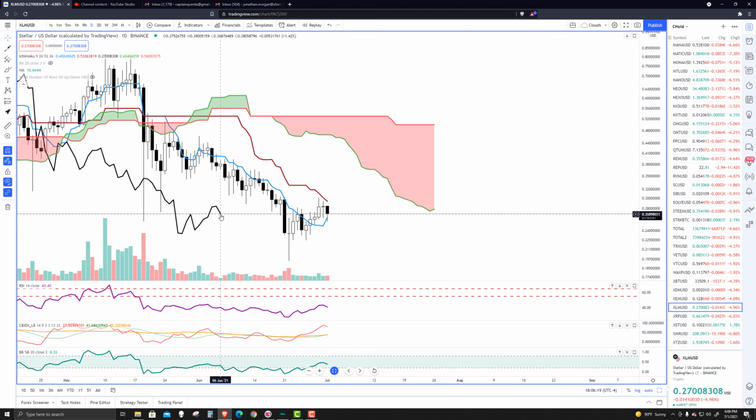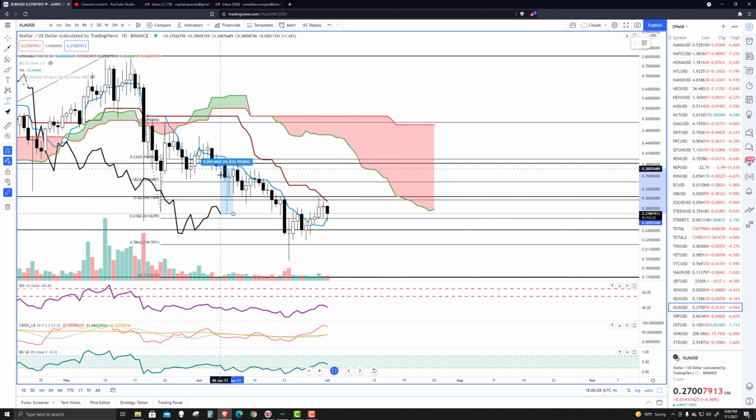Now, in order to convert to a bull, I need to see the lagging span trading above the candlesticks. It needs to close above the body. So for today, that would mean it needs to gain 30%, and actually no more than that. So tomorrow it would have to close back at the 382. It would need a 41.28% gain to move back up to 38 and close there, and then stay